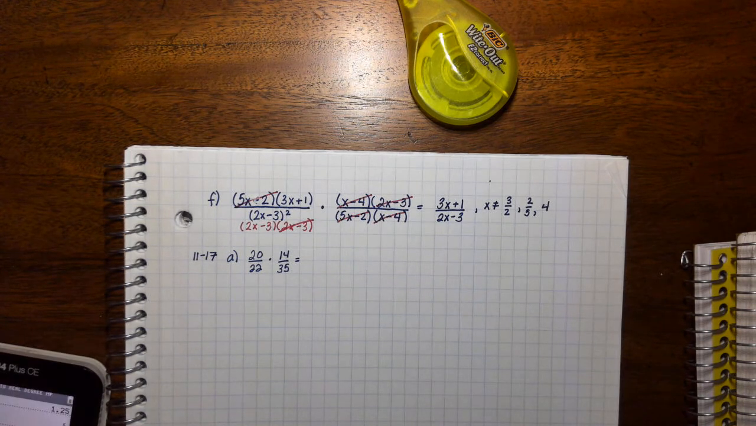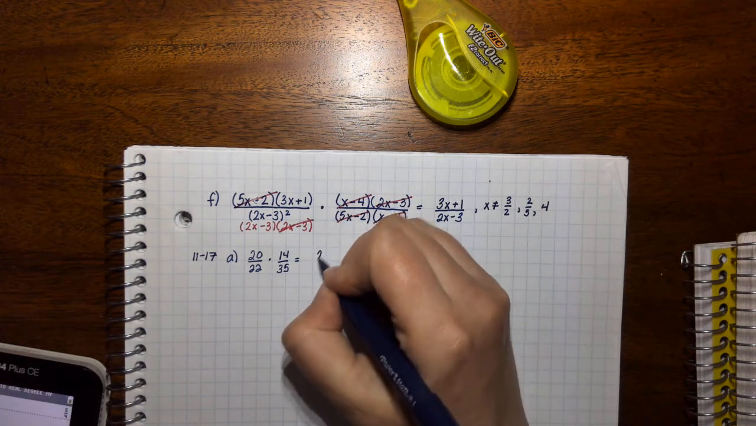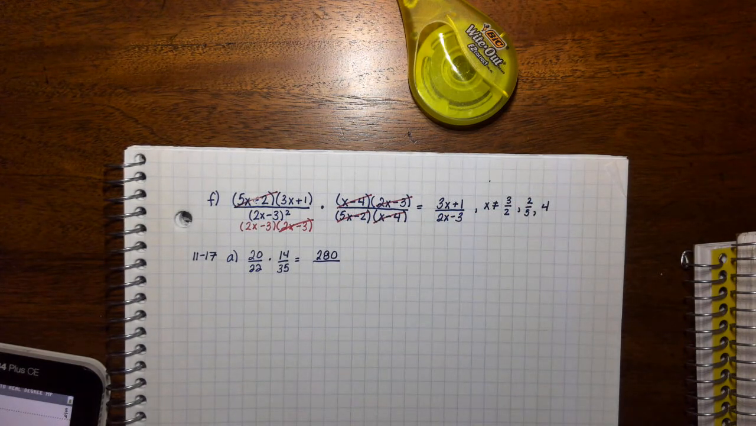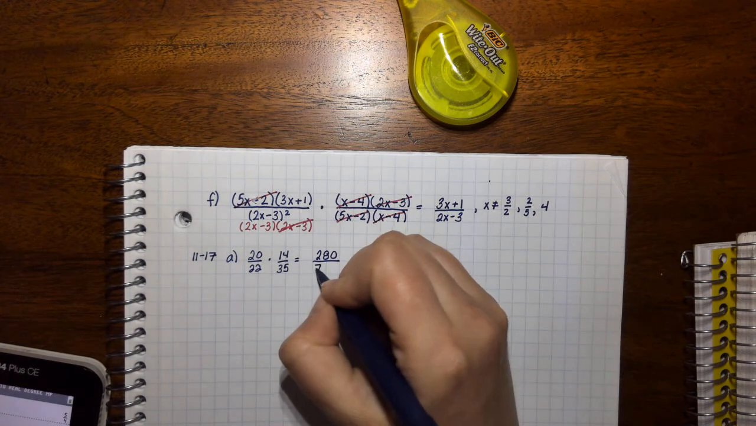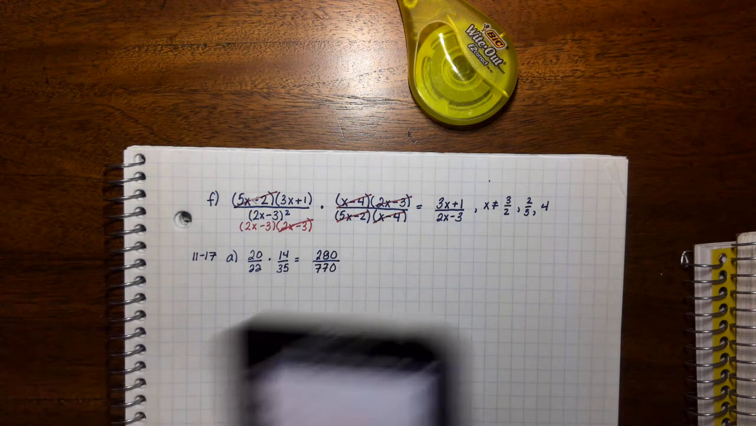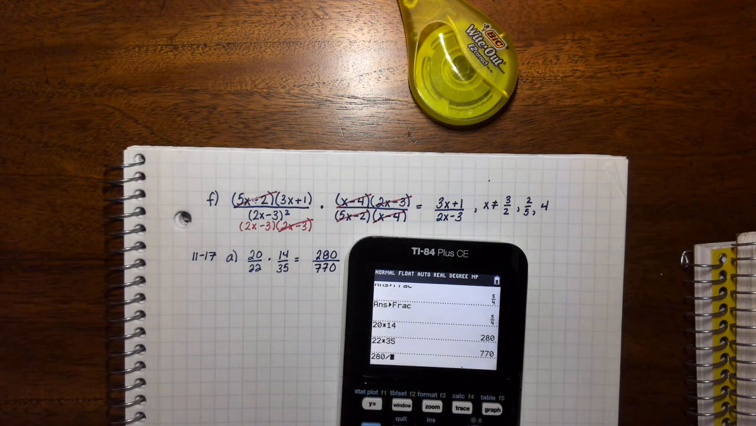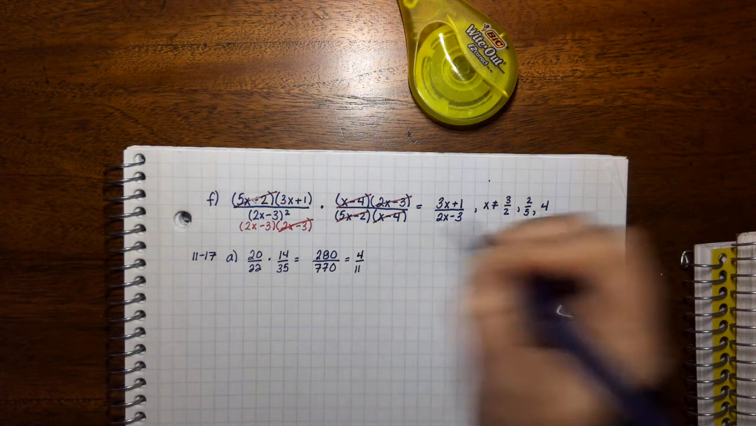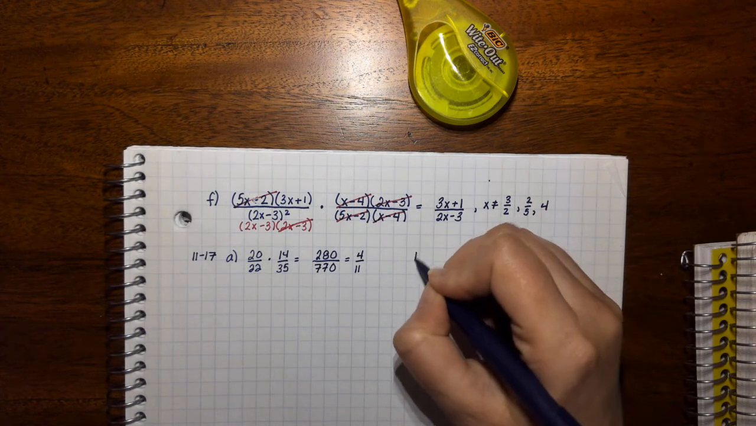20 times 14, 280. 22 times 35, 770. 280, let me show this again, 280 divided by 770. Math, enter, enter, 4 elevenths. B,